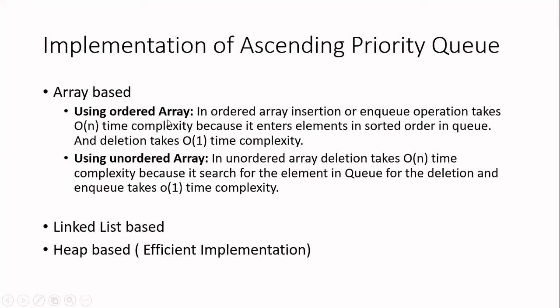In case of ordered array, whenever you want to insert or enqueue an element, while you are inserting, you will insert according to the order. That is, you will insert in either ascending order or descending order, and accordingly you will insert the element. Okay, insertion will take more time because while you are inserting, you are checking the order and inserting at the right place. So we will say that the time complexity of that method is order of n. N represents the number of elements which are present in the queue.